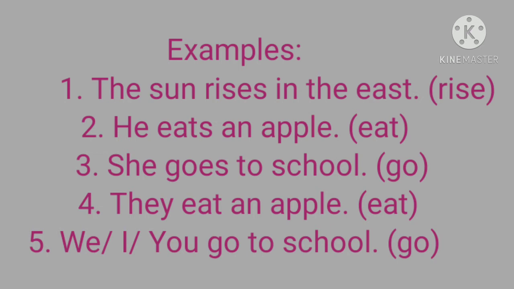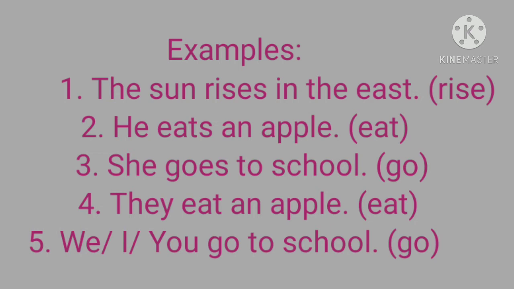In the same way, the third one, she goes to school. Your root verb is go, but here we have written es. So in certain verbs we need to add an s, and in certain verbs we need to add an es. So here, to go, we need to add an es to the verb to agree with the subject, because again our subject is singular in this sentence. In the first sentence, rise, R-I-S-E, the root verb itself ends with an e. So here we do not add an es. We just added an s. I hope you are trying to understand.